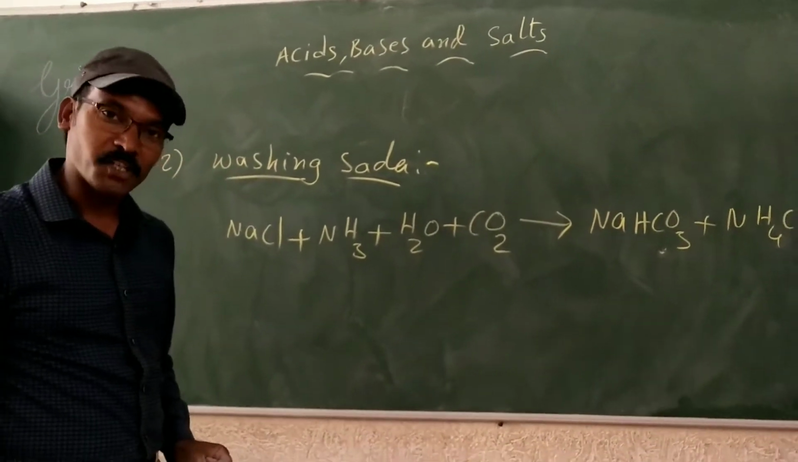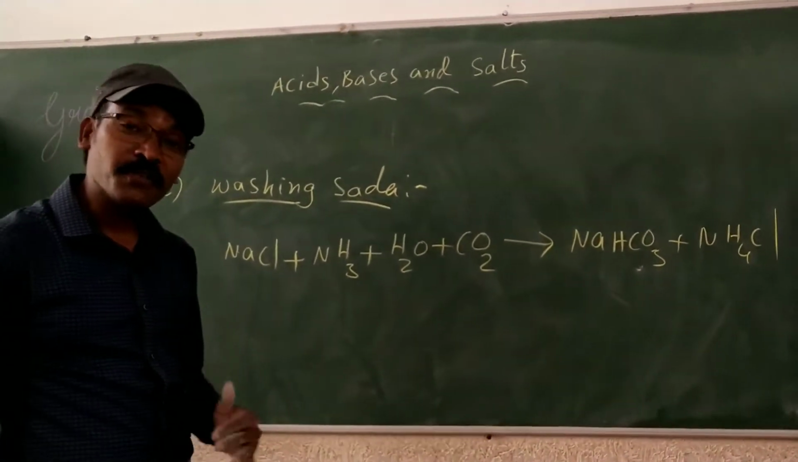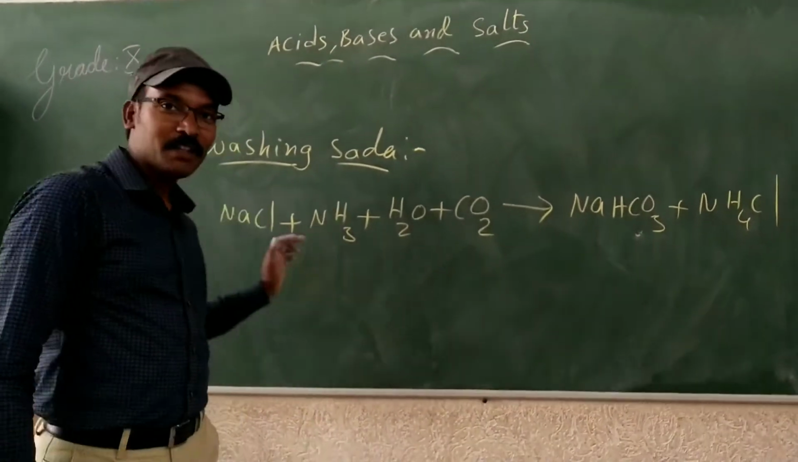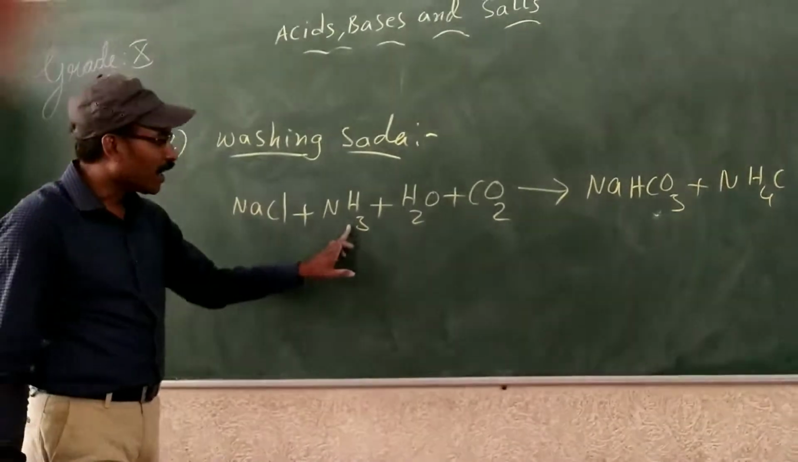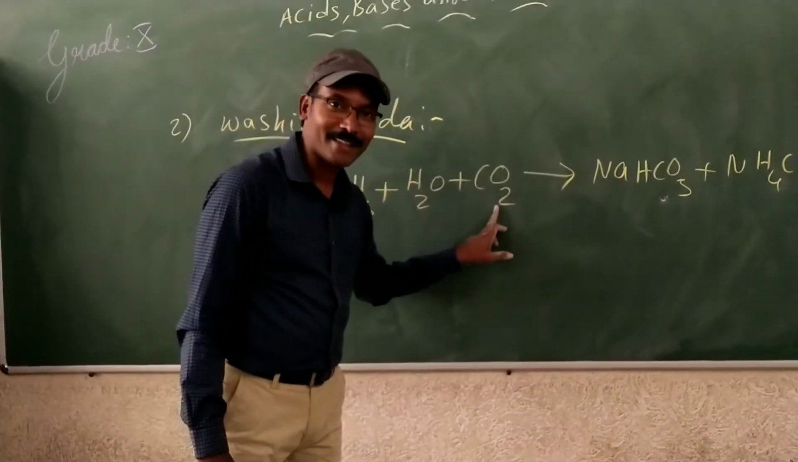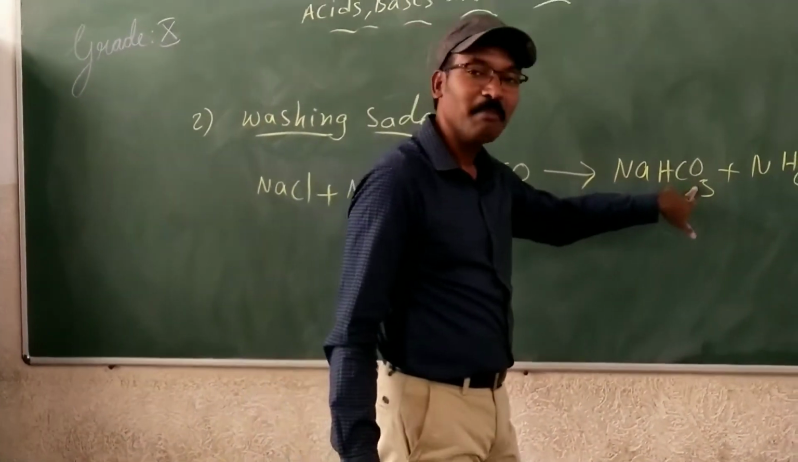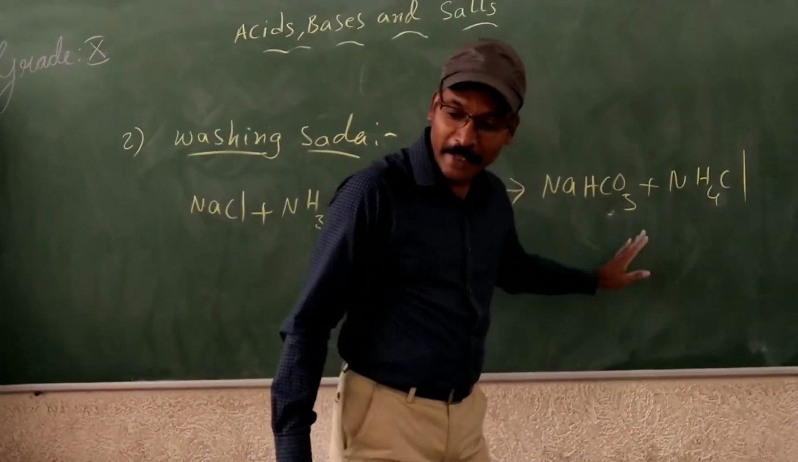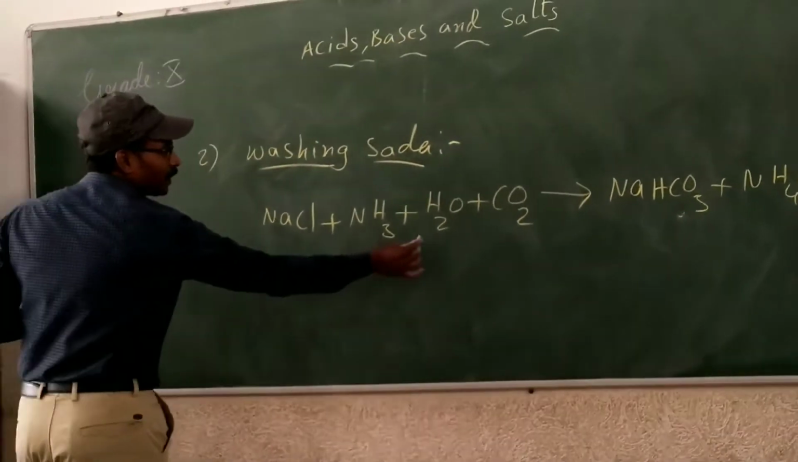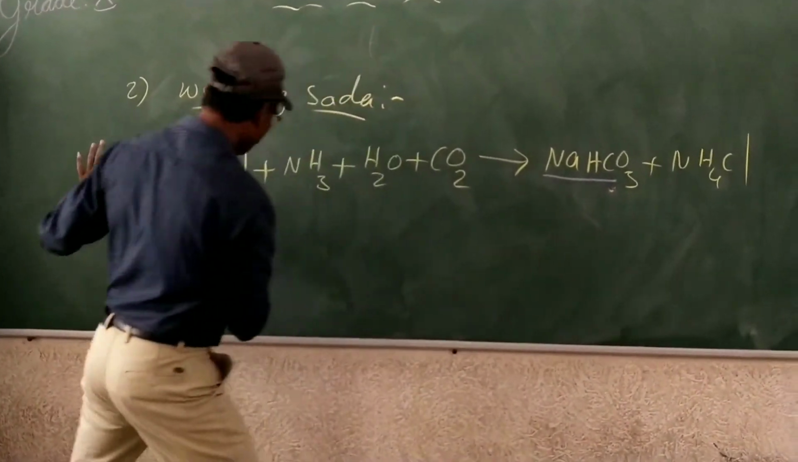So about the baking soda you understood. Next one is the washing soda. Washing soda is produced from the baking soda actually. And you know from the previous equation, baking soda is produced with the help of sodium chloride, ammonia, water and carbon dioxide. It gives you the baking soda plus ammonium chloride. And from this baking soda, when you take this baking soda,